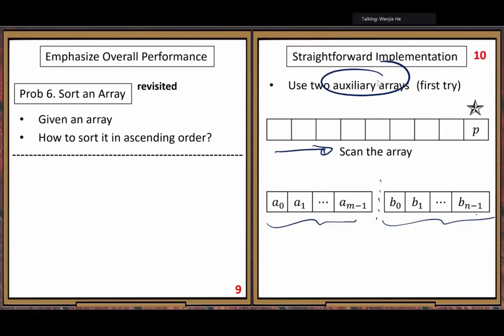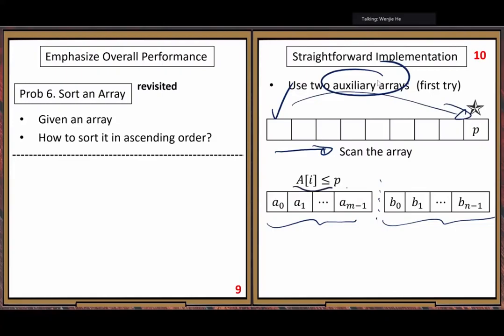We have plenty of space to use. Now, let's start the operation. When we take the first element in the original array, we compare it with the pivot element.